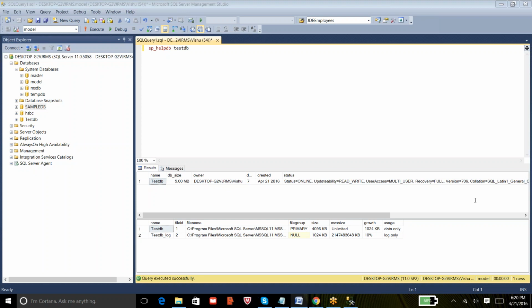And one more thing, I haven't checked with you. Have you installed SQL on your machine? In order to practice all these things, creating a table and checking the files, you need Management Studio with SQL Server. Please make sure that you do two installations: one the default installation, and once you're done with that, run the setup file again, and the only change is that instead of default instance, select named instance and give some name, and proceed with the installation. So please make sure that you have installed two instances.